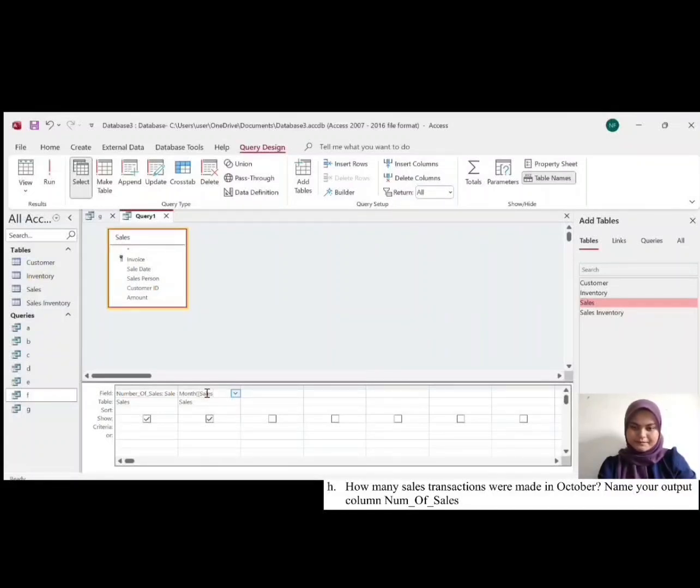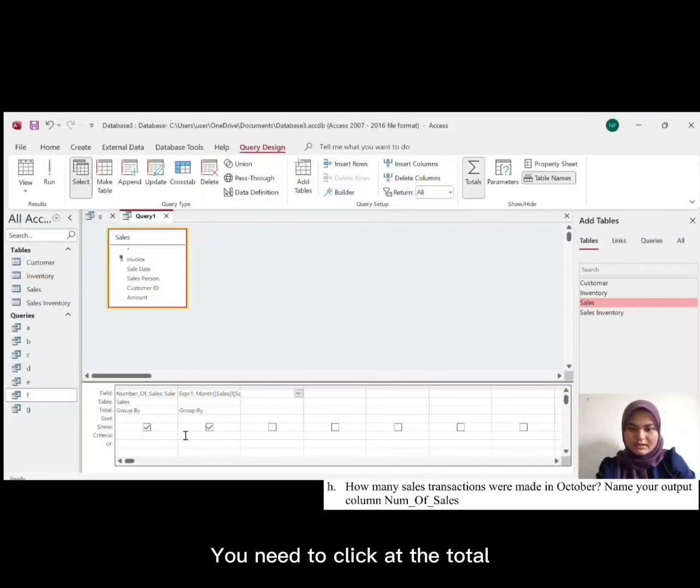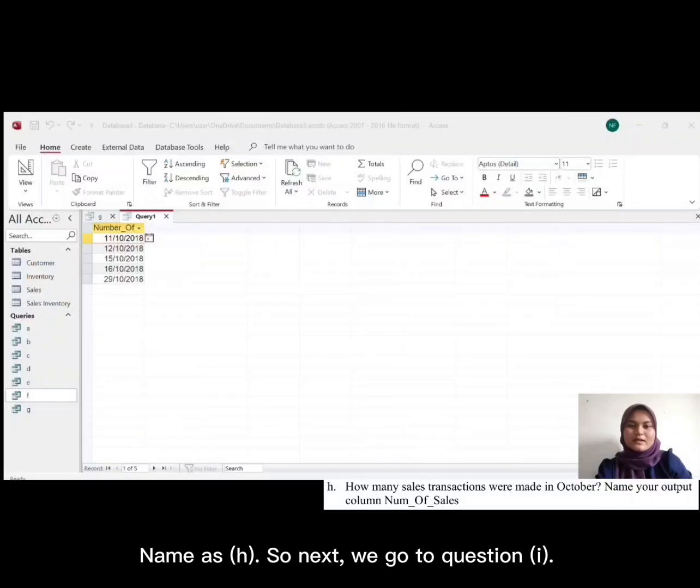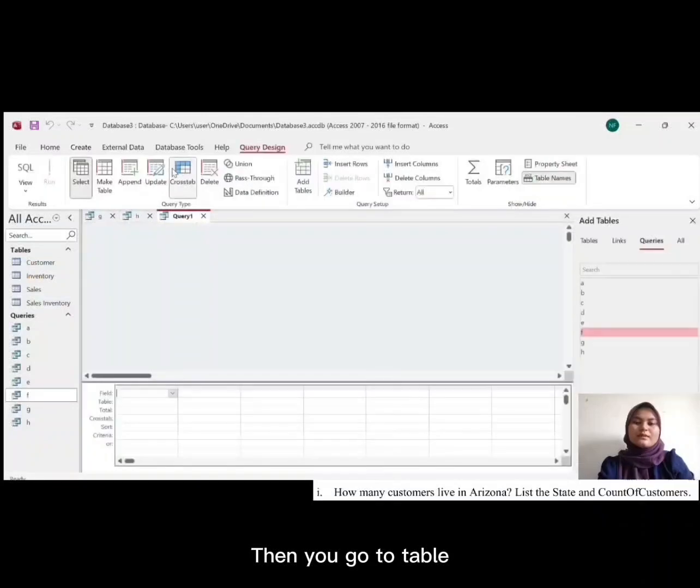Sales. Okay, you need to click the total and then it appears like this, group by. So you need to take this, and then this is the answer for question H. So name it as H.